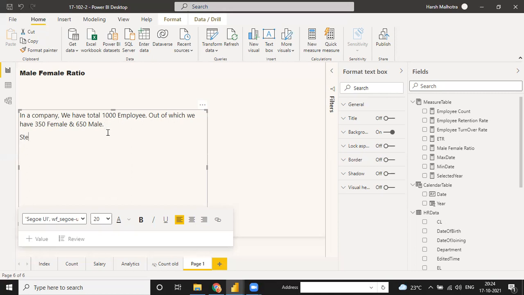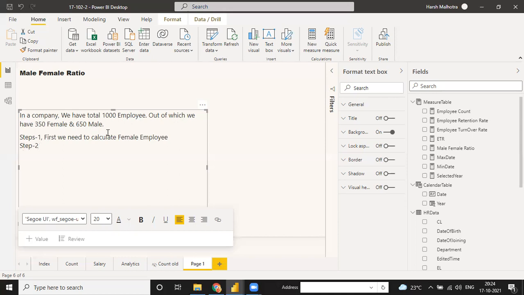So what are the steps? Step one, first we need to calculate female employees.